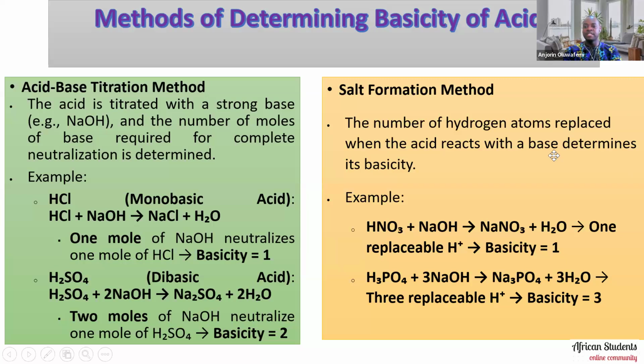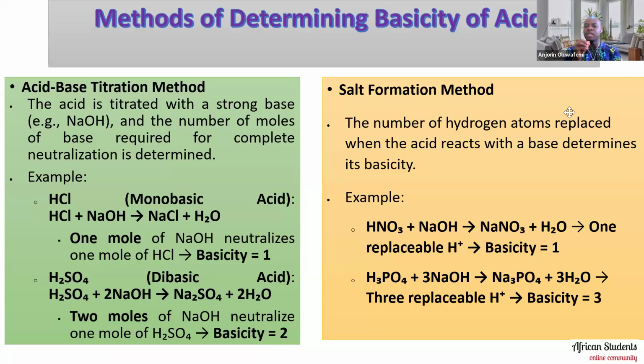It determines its basicity. Now, when you look at this closely, when HNO3 reacts with sodium hydroxide, what you have is 1 replaceable hydrogen atom that will be produced. So the basicity of HNO3 is just what? Is 1. When H3PO4, on the other hand, that's phosphoric acid, reacts with sodium hydroxide, you will need 3 moles